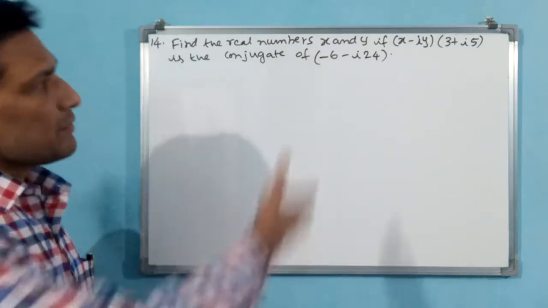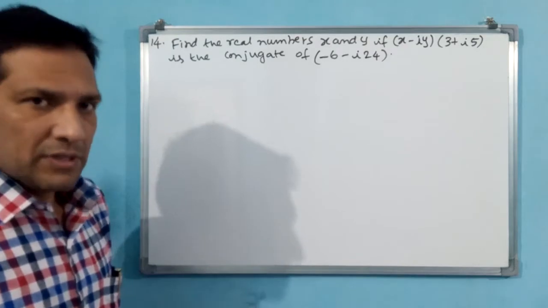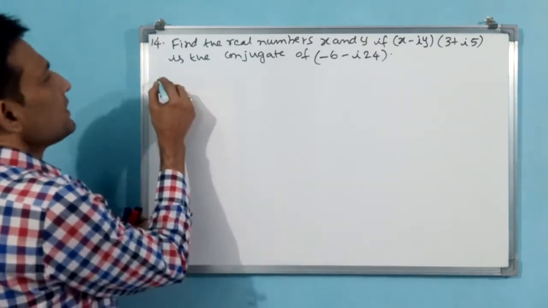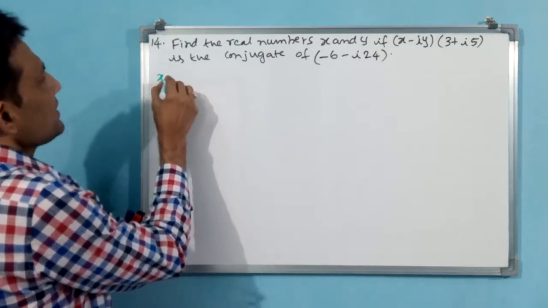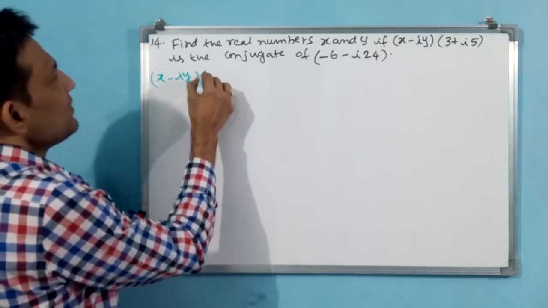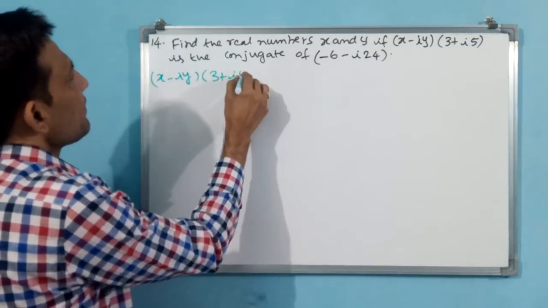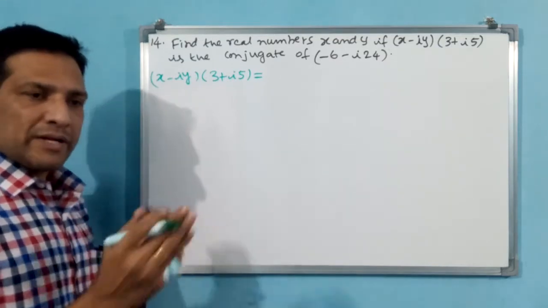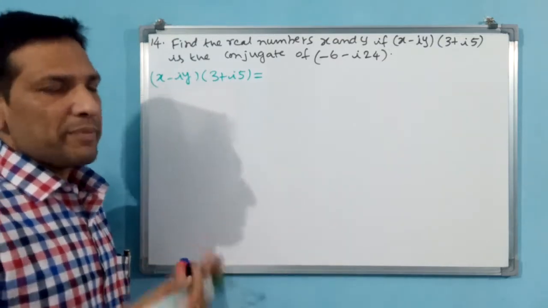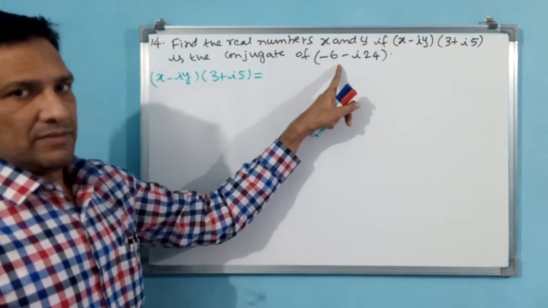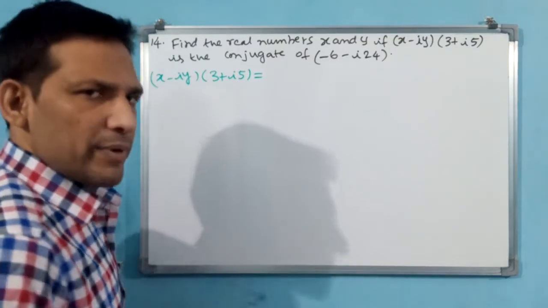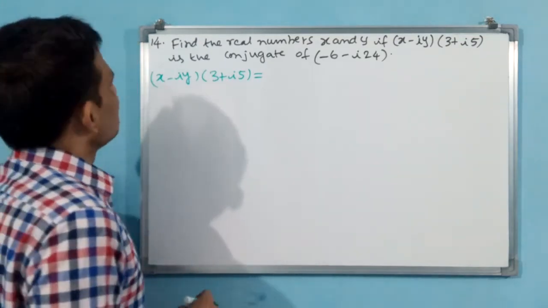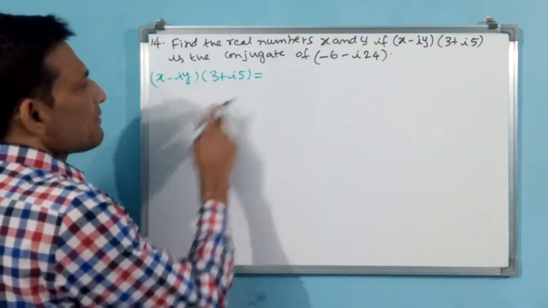Okay. Let us proceed with the first multiplication. Let us do x minus iy into 3 plus i5. Multiplication we will do first. Okay, how I am doing, you see. x minus iy into 3 plus i5. This multiplication is equal to. Why? Because finally one number has to come and the real part and imaginary part you have to separate. Then the conjugate of this, you have to equate them. Then the real part and imaginary part are going to be matched. Equations will come and we have to solve the equations. Okay. Let us multiply this.